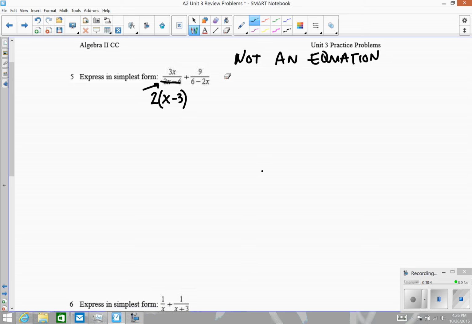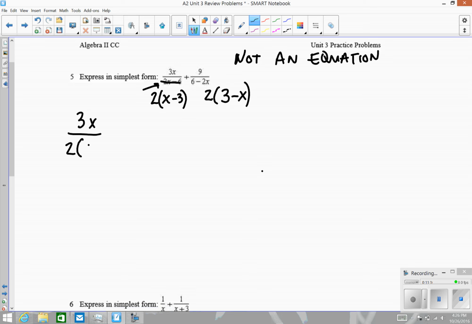This next fraction, 9 over 6 minus 2x, I want to break that denominator down as well. Looks like I also have a 2 for a GCF on that one. And if I factor out a 2, I will get 3 minus x. Well, look at this. Again, we've got denominators that are close, or at least the binomials are very close, but not quite the same. They differ by a factor of -1. So here's what I think I'm going to do. Start by rewriting this whole thing